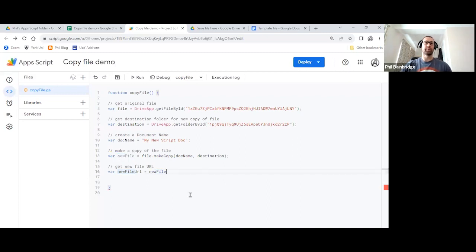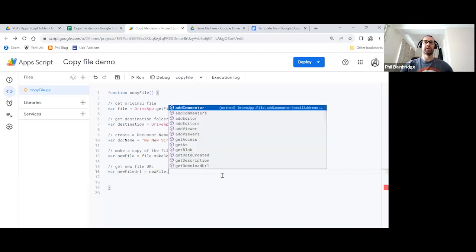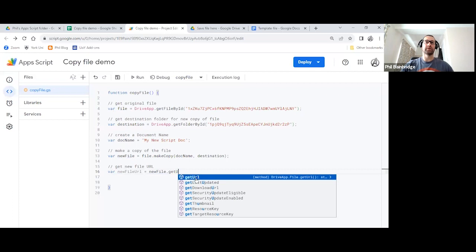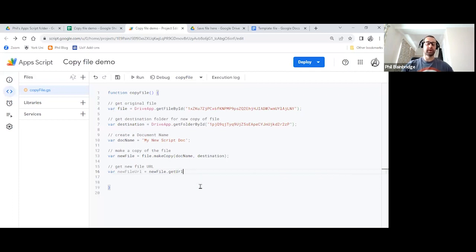I'm just going to do a quick copy and paste to show you can copy and paste or type it if you wish. I'll put my full stop in. Again, we're working with a file, similar to what we saw with the make a copy option. But I know that one of the options, if I start typing get and a capital U, is getUrl, like so. If we just open and close our brackets and add a semicolon, we don't need to enter any more information. Just make sure you've got your capital U and lowercase. In this instance, you have to follow the method as it is. It's not quite the same as the variable name.